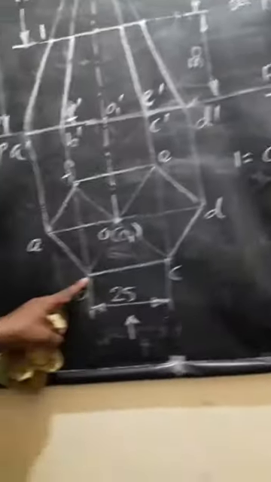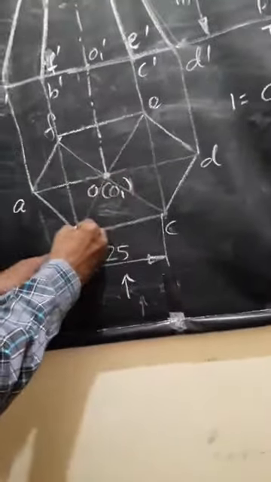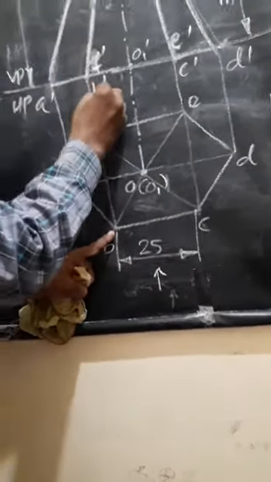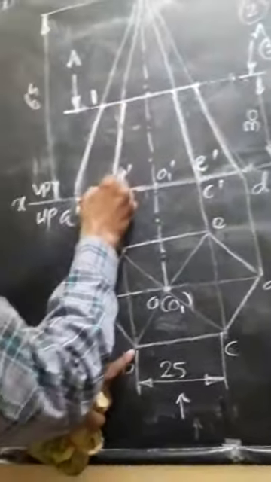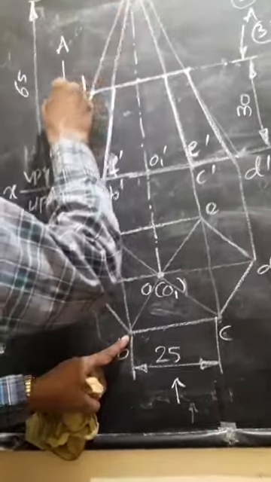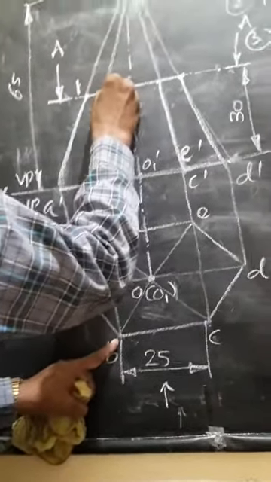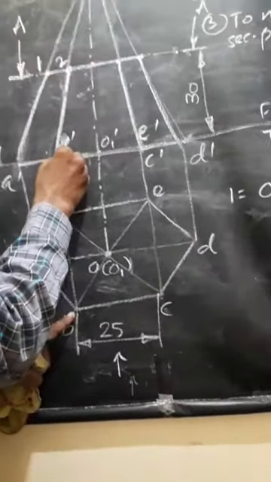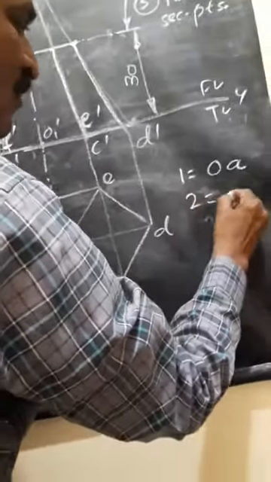Go to the next point B. It is the OB slant edge. Check this same slant edge OB in the front view. Now see whether the section plane is cutting it or not. It is cutting here. This is section point number 2. So section point 2 is on the OB line. Point 2 is on OB.